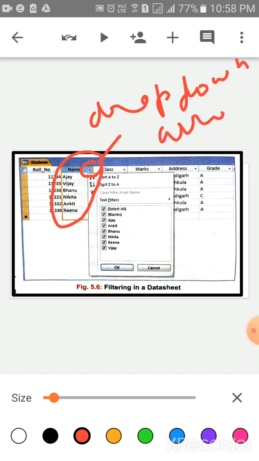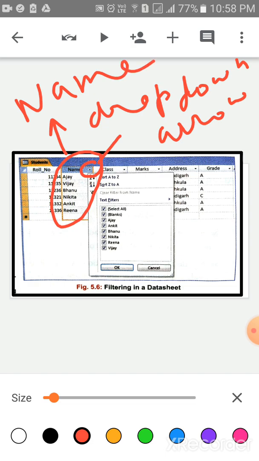It is available at the right of the column header whose data you want to filter. Suppose we want to filter this name field.